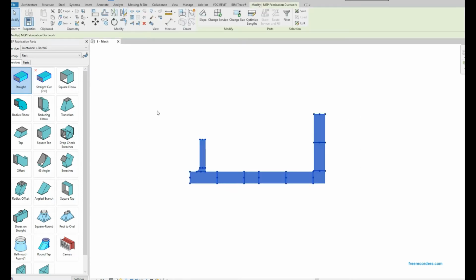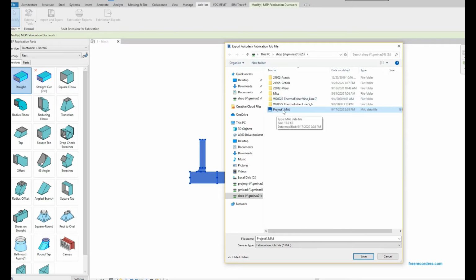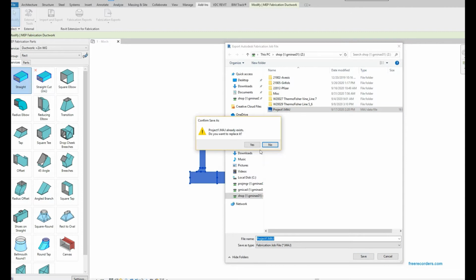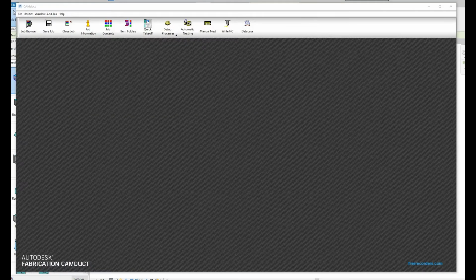So what I want to do now is go to the Add-Ins tab and then the import and export add-in that comes from Autodesk. Now what this does is it exports a .maj file, because that's what CAMduct needs to read. So I exported a .maj file right here. Once that gets exported, Revit tells you that it exported, and now I want to open it in CAMduct,